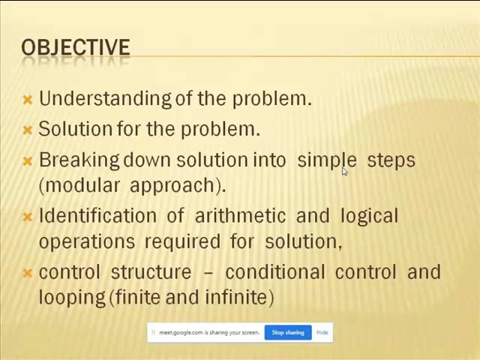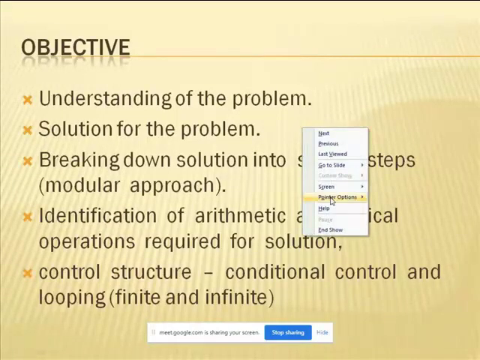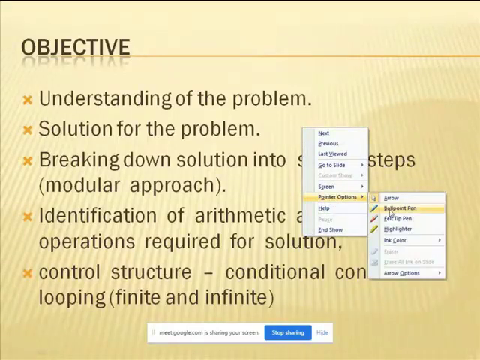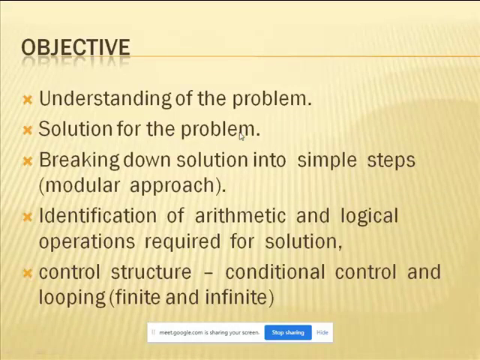First of all, you need to understand what you have to do. You want to prepare tea or coffee or anything else. So first you came to one conclusion, that you have to prepare tea. The next step is the solution for the problem. Once you want to find the solution, what kind of solution does it require? To find the solution for the problem, you need to gather the ingredients.